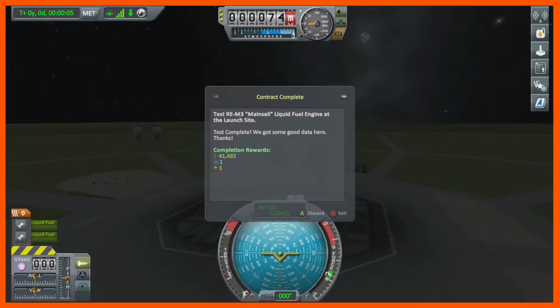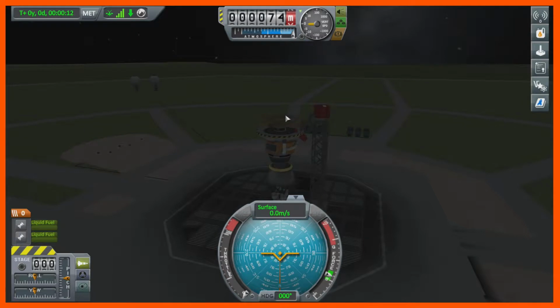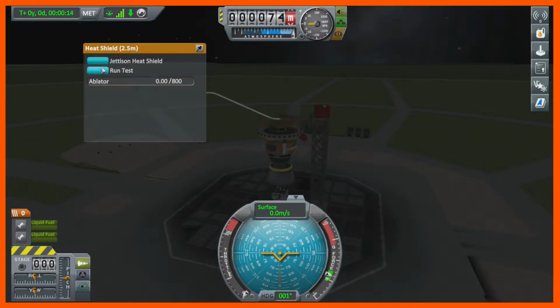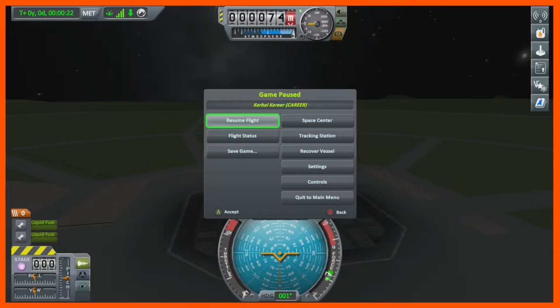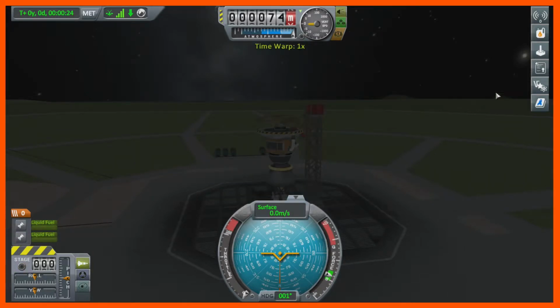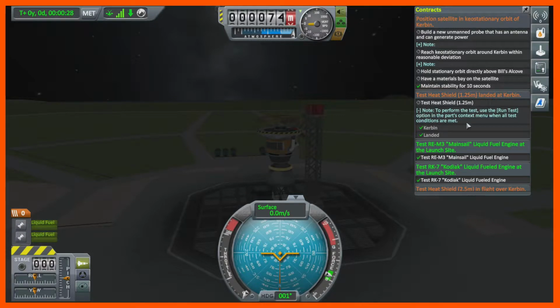That should have got us all of our, yes it did. So there's the test the mainsail, test the Kodiak, test the Cheetah, test the Thumper. Now I would imagine that we're on, so let's see if we can now run the test. No, it's not giving it. Let's just read this again, see if we're missing something. So test the heat shield. Run the test option in the parts count when all test conditions are met. So we're here, but it's just,